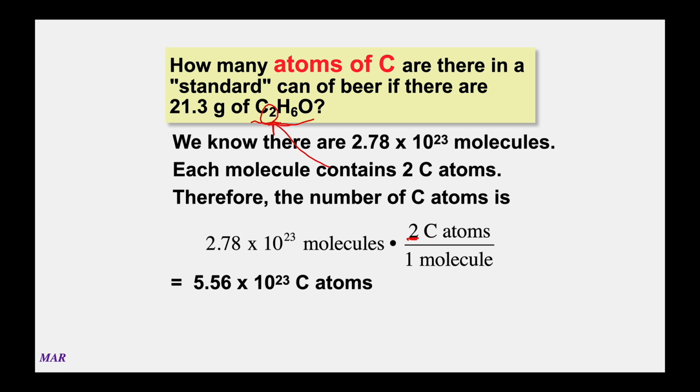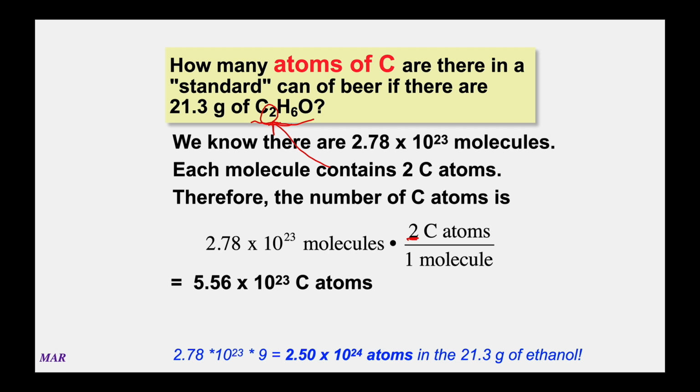And if you wanted to take it to the ultimate spot, you could multiply that same number of molecules by 9, because there are 9 atoms in ethanol. 2 carbons plus 6 hydrogens plus 1 oxygen is 9. So you multiply that number by 9, that tells you that your ethanol has 2.50 times 10 to the 24th